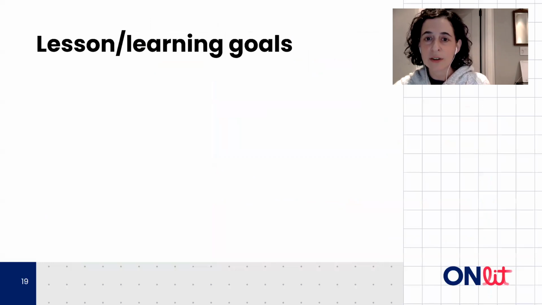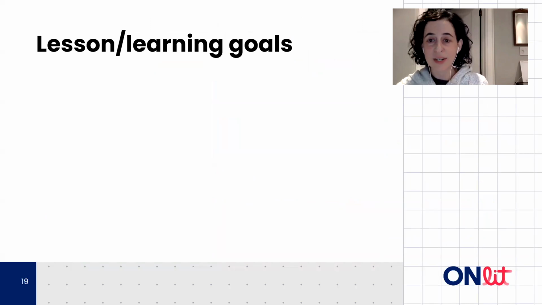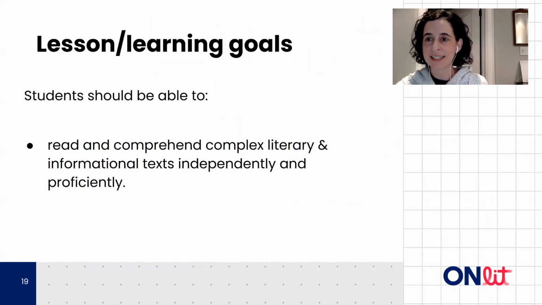And so Dr. Mesmer explains that the activities in this chapter are meant to help build students' capacity for more challenging reading in terms of level, in terms of focus, and higher level cognitive skills. And what we want for students in working through these activities is for them to learn and be able to read and comprehend complex literary and informational texts, both independently and proficiently. So basically, those are the expectations that we see reflected in that C strand of our own provincial curriculum.